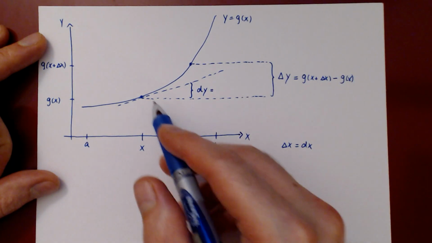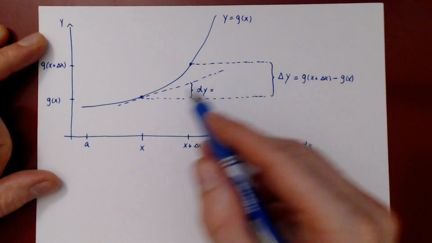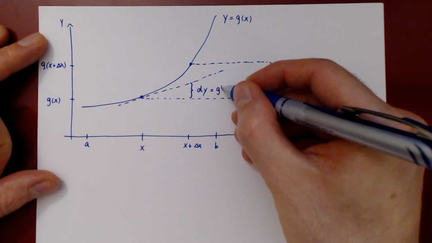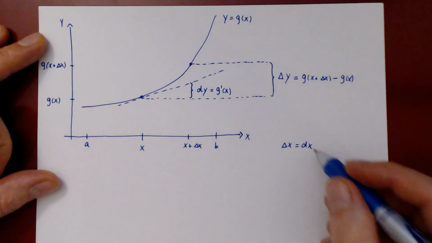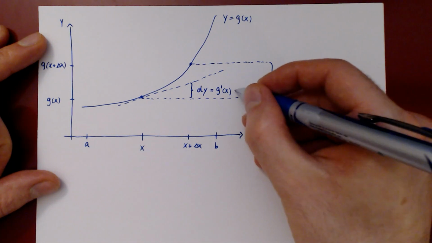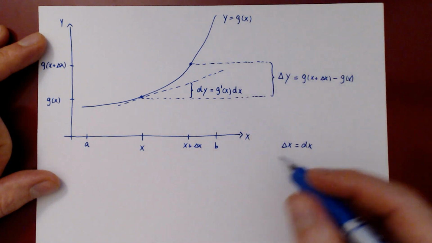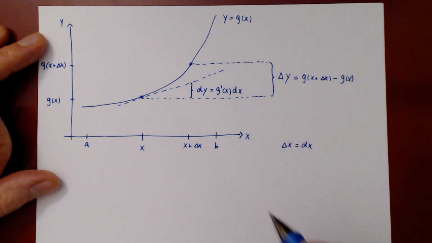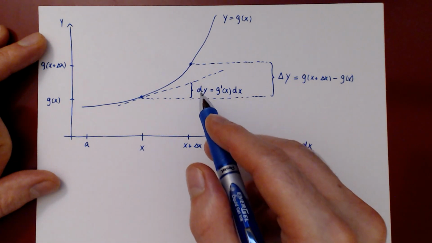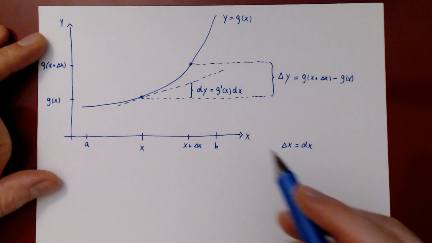The slope of the tangent line is the derivative of g at x, times the change in x, which in the case of a differential we write as dx. But again, since x is the independent variable, delta x and dx are the same. But that is not the case for dy and delta y. Those are